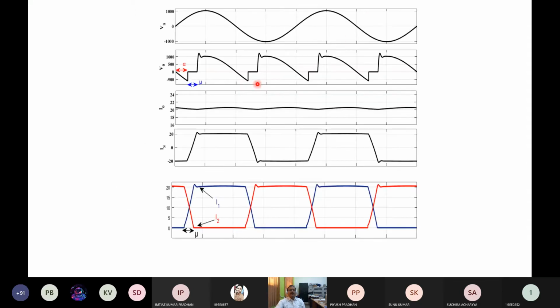This is an actual simulation result, not drawn by hand. There are some ripples also shown in switching. And as I told you, practically infinitely large inductance is not available in the world. For simplicity, there are always assumptions. DC-DC converters also assume many things. Okay. So this is the waveform. If it is okay, then I will go to the next page.